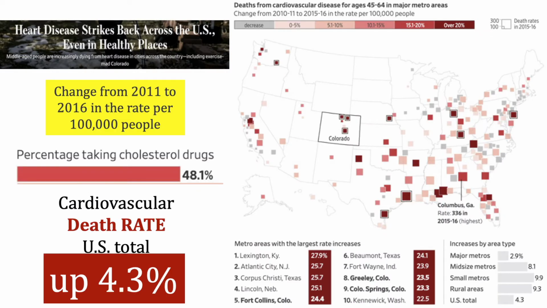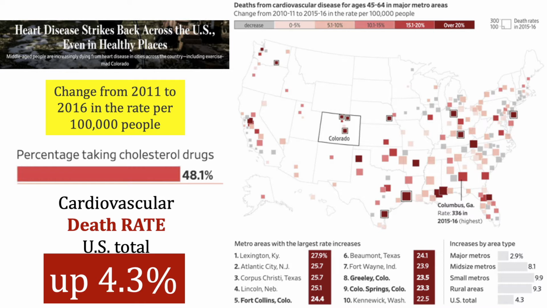And we're not getting better at this. We're getting worse. When you look at 2011 to 2016, mortality from cardiovascular disease, a chronic condition, has gone up by 4.3%. And this is despite the fact that we have a very large percent of the population on disease mitigating medications like statin drugs for lowering cholesterol and blood pressure medications. So this is obviously not working to the level that we would hope.